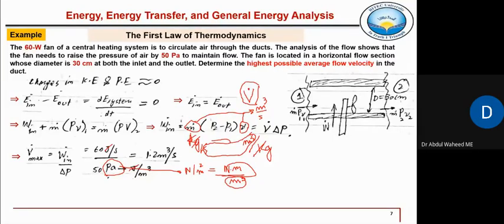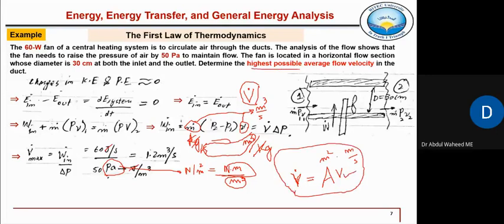But we need to find out the velocity, not the volume flow rate. So we also know that the volume flow rate, V dot, which we mentioned, capital V dot, is equal to area of flow, the passage through which fluid is flowing, multiplied by velocity, meter square into meter per second. So from here we can find out this velocity, because we need to find out the highest possible